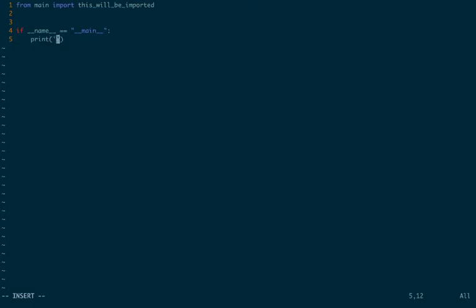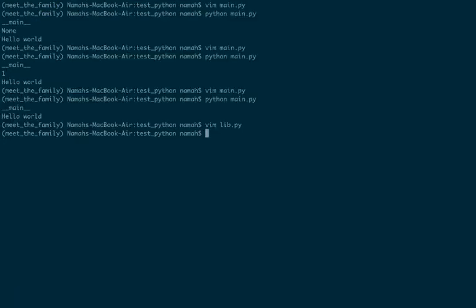So we're going to say this is lib, and we're going to call this will be imported. Let's do python lib.py. You see that the name is main, it's not __main__.